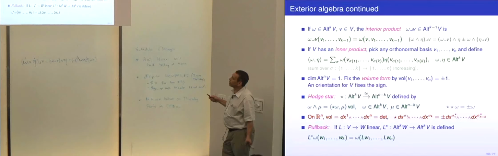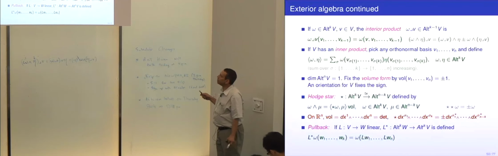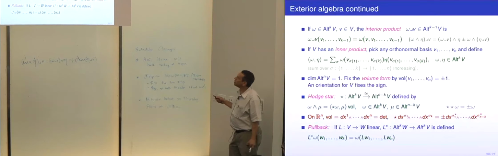There's the inner product, so that's the dot product between 2 K-forms, which should give you a real number. And as usual, we use angular brackets, omega inner product eta. And one way to define it is this. This only works if V has an inner product, then we define an inner product on alt KV.